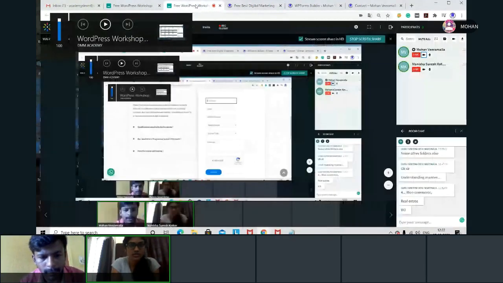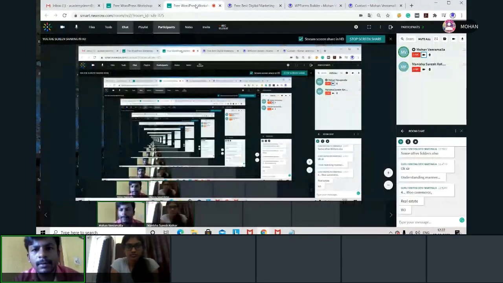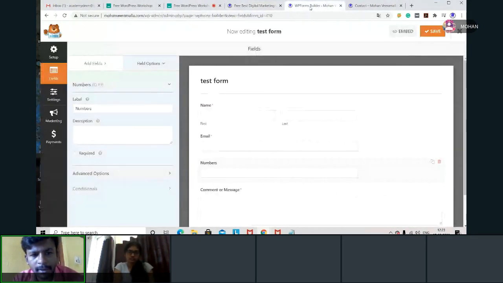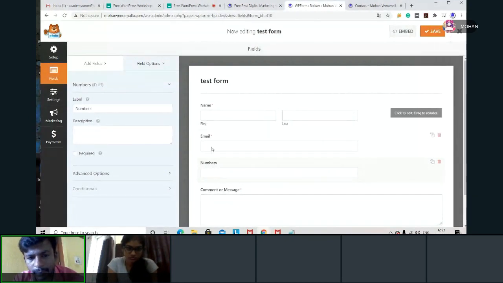So see here in this DMM Academy we have a form, and in the box we have something to understand: full name, email, mobile number. When I fill it also, that full name went off. That means I have something different here, and here it is showing something different. Outside the box it is showing names, but not inside the box. Got it?